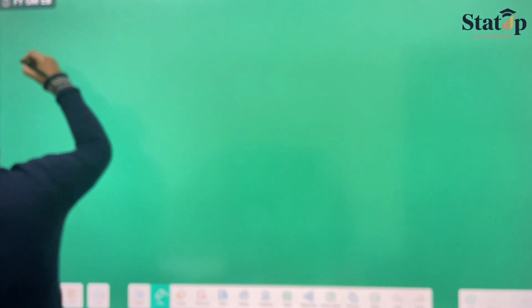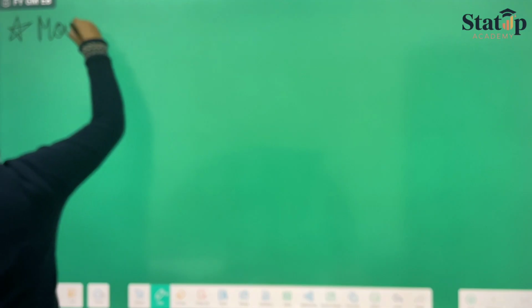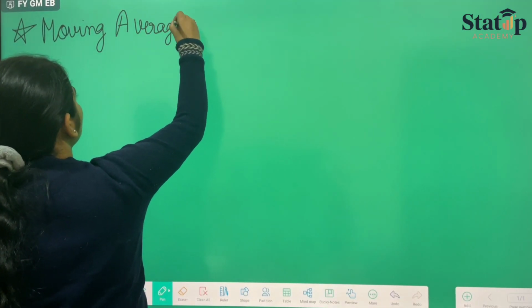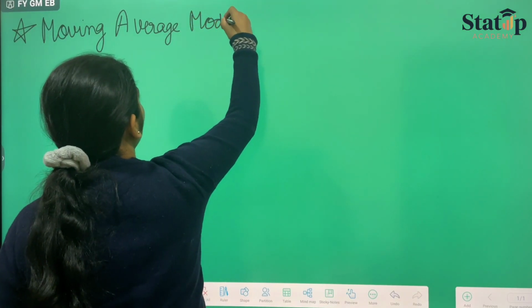This academy is exclusively for ISS and we have been completing the topic time series analysis and we have started with advanced time series. In the previous lecture, we did one of the major models which was the autoregressive model. In today's lecture, we'll discuss another major model which is the moving average model of order